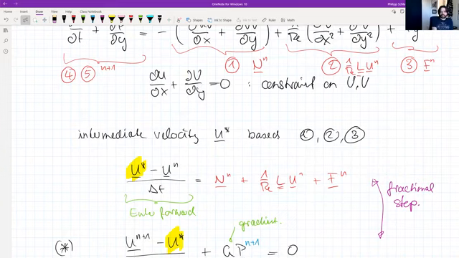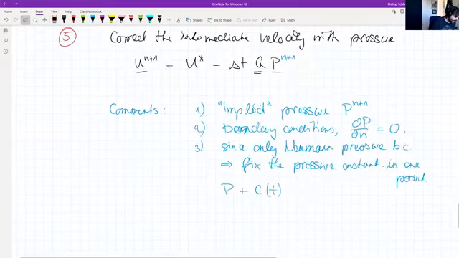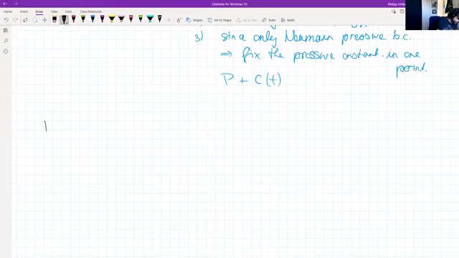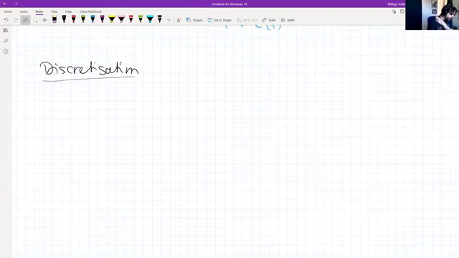Okay, but then I guess we can look at the second part, and that is the discretization. So we have now looked at the numerical method. Let's now look at the discretization. So how do we discretize our domain? Well, first of all,